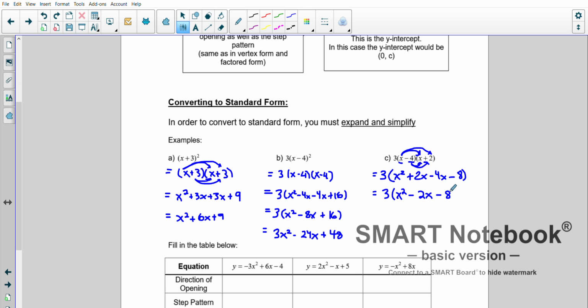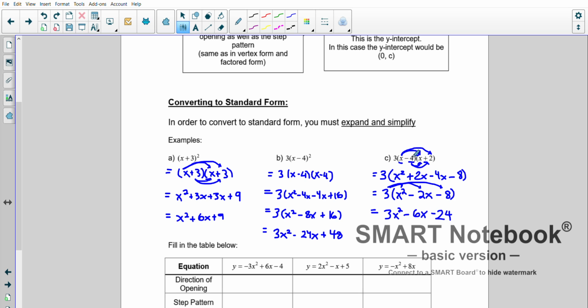And then the last step would be to do the distributive property here. So it's going to be 3x squared minus 6x minus 24. So